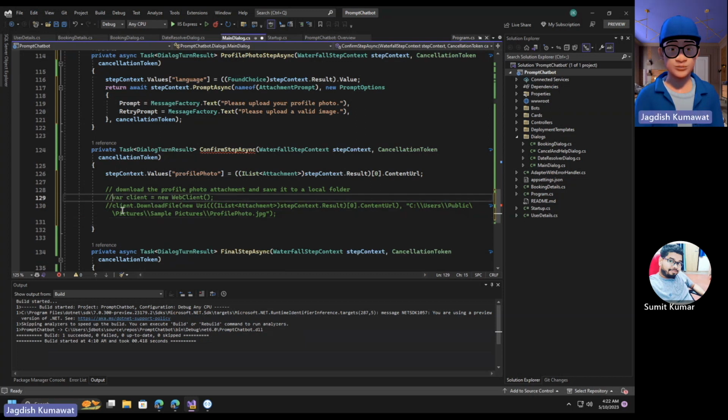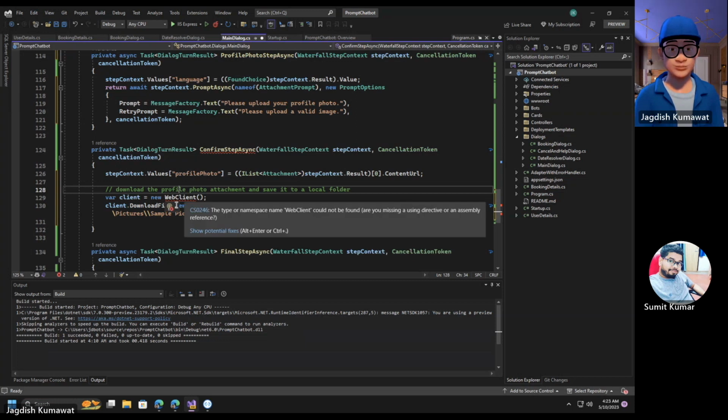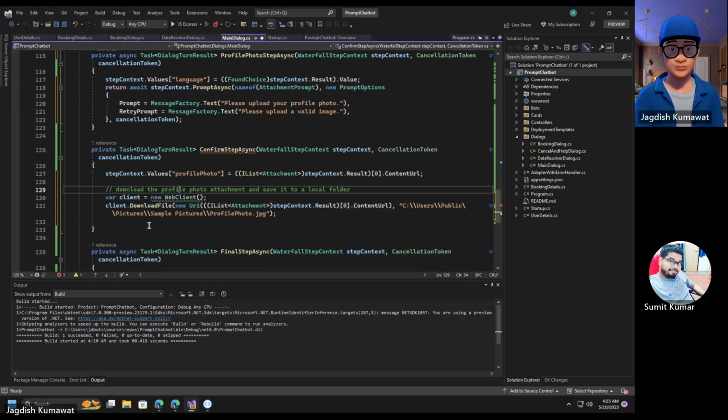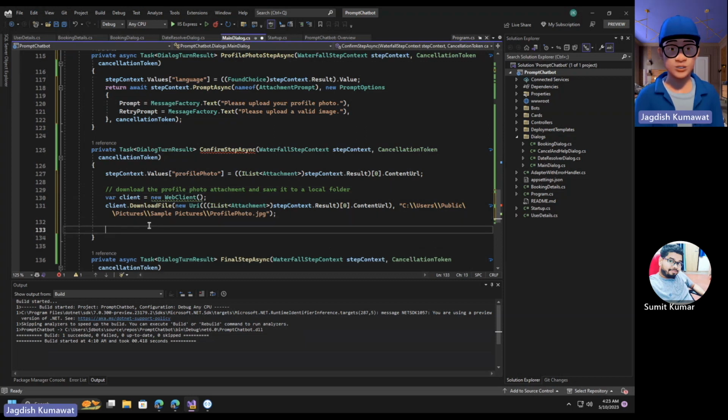We need a client, web client, and we need to download the file. Okay. So this is how it is doing. We can replace this. Okay, let's use that only. And it is going to store that attachment here at this location. Let's import the web client. Okay. And the final step,